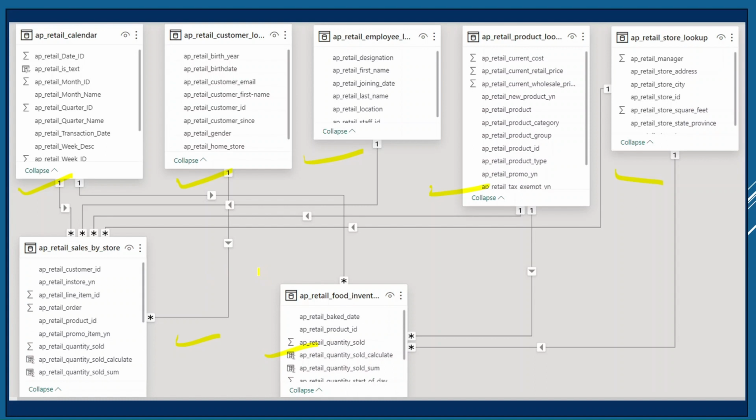So let's do an exercise. Let's import all the files. The data which I am showing in the Power BI is present in the form of CSV files. So what I'm going to do is import the CSV files in Power BI and make relationships between different tables. So let me do this exercise in Power BI.